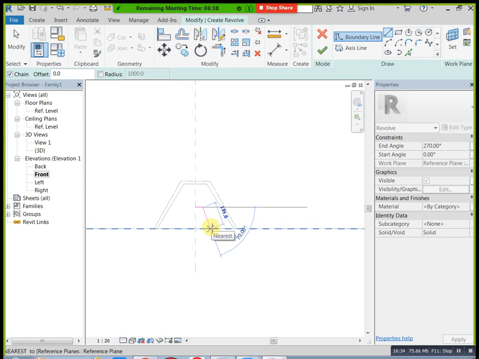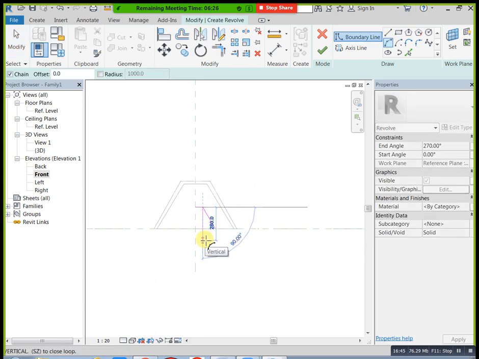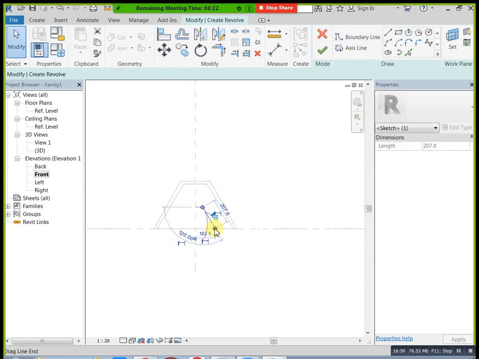You can leave this. Now select delete, select this one, mirror, you can apply like this.